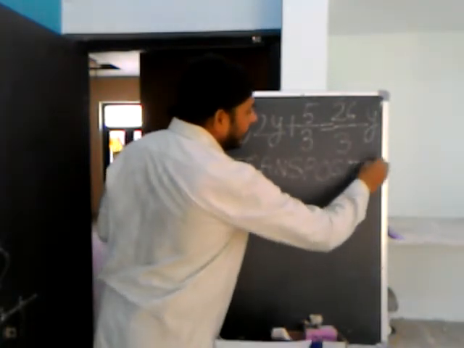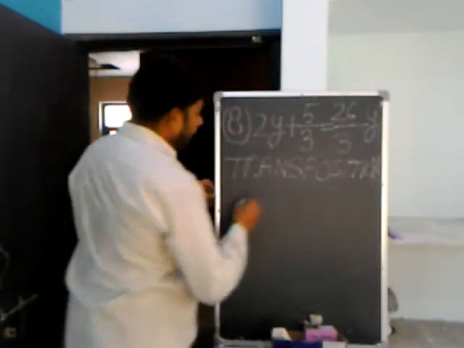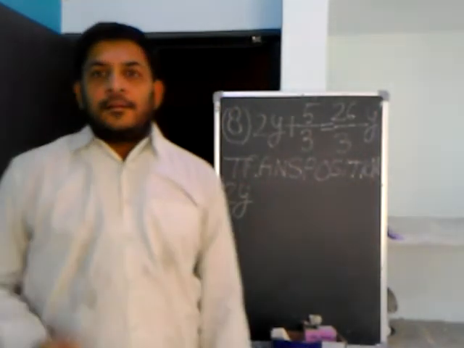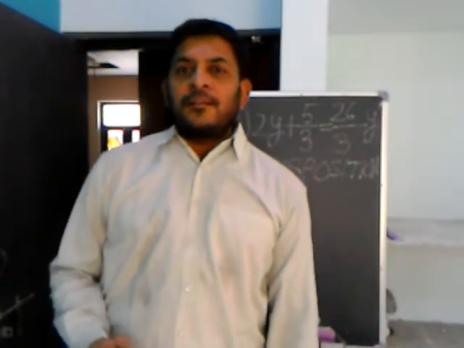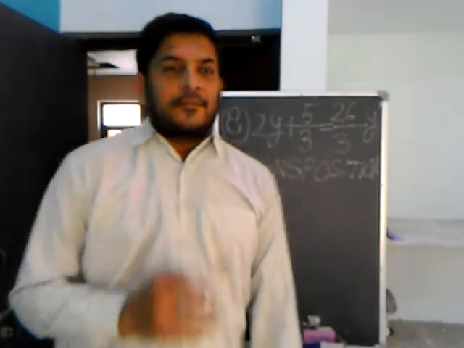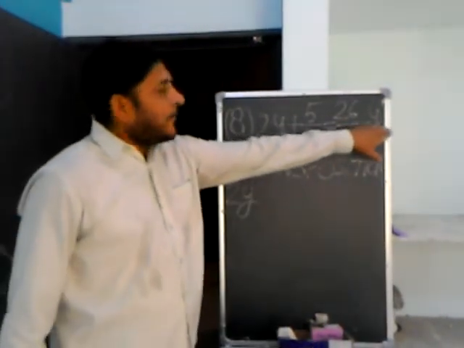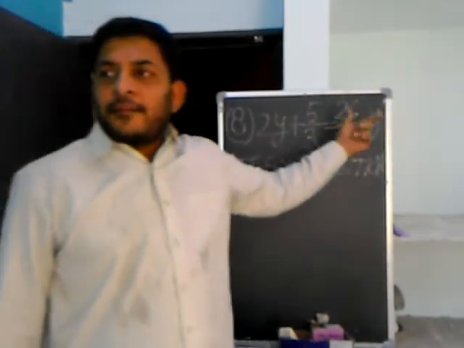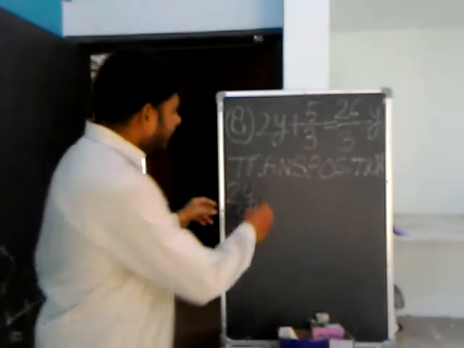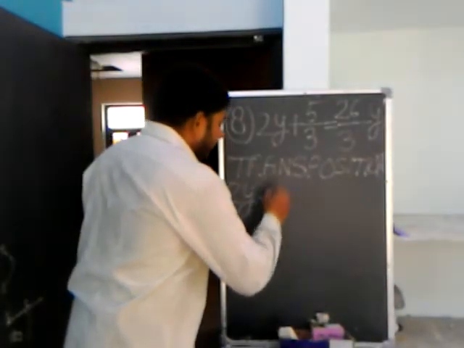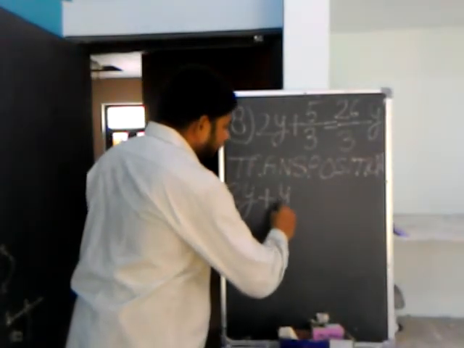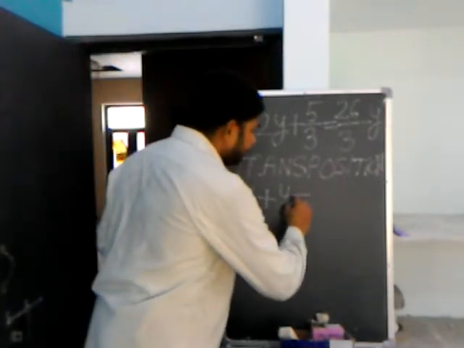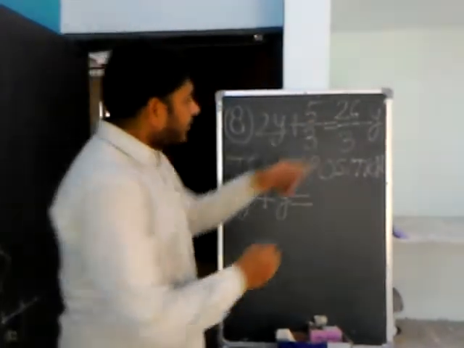then I will transpose. And I know that in transposition sign changes. So y is coming from the right hand side to the left hand side, and y is having a negative sign, so its sign will turn into a plus sign: plus 1 equal to 26 upon 3,